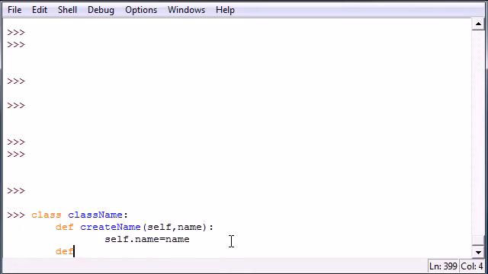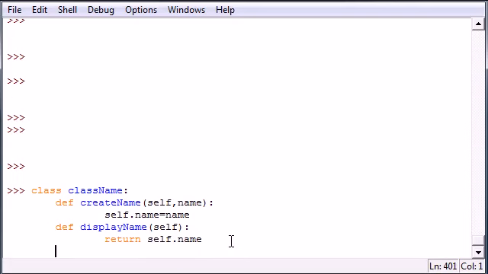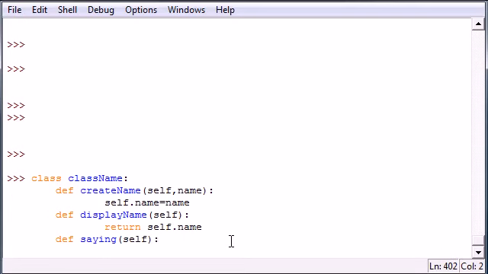And let's go ahead and create another method. Let's go ahead and display name for one of them, and I just want this to output the name of whatever we give it later. So I just want it to return self.name. Again, these are really simple methods. The last one I want to make is just a saying, and you can name yours any one you want. I'm just making mine easy so you can see what's going on. And my saying is just going to print out a saying. It's going to be hello some variable, and that variable is of course going to be self.name,